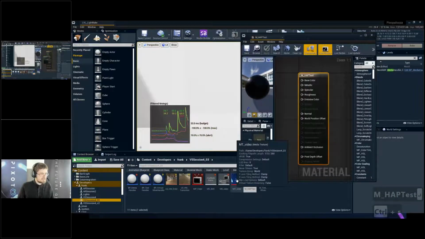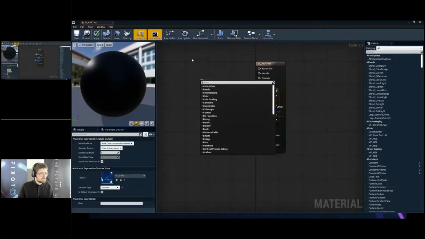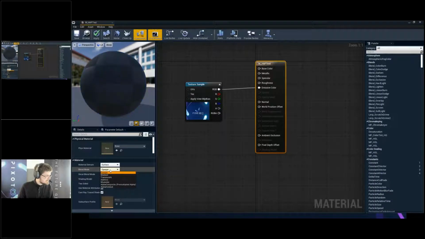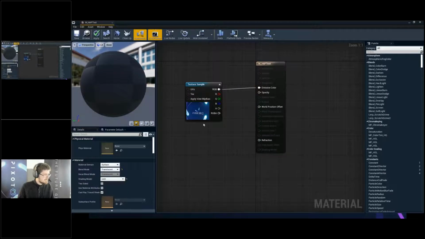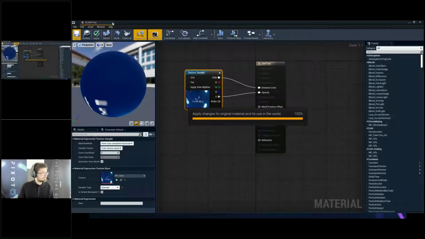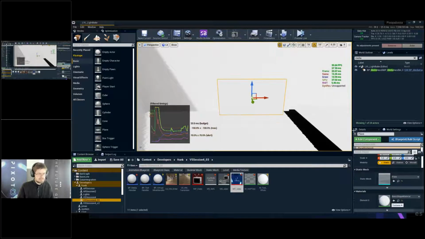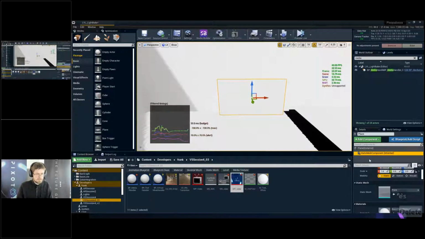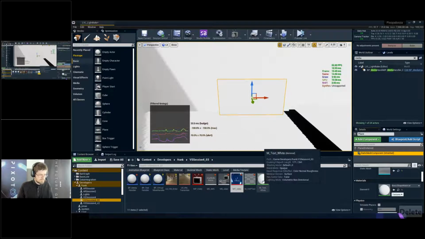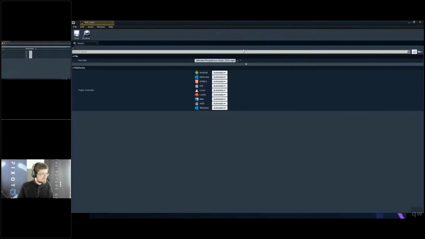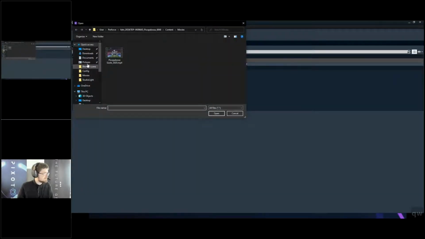We're going to be using the same media texture, but now we're actually going to use our RGB as the emissive color. And we are going to go ahead and set this to be translucent, unlit. And we're going to take the alpha of our video file and plug that into opacity. I'm also going to go ahead and delete the media video component. Instead, we're going to be using this new texture I just created. The media source is now going to be our new HAP file instead,